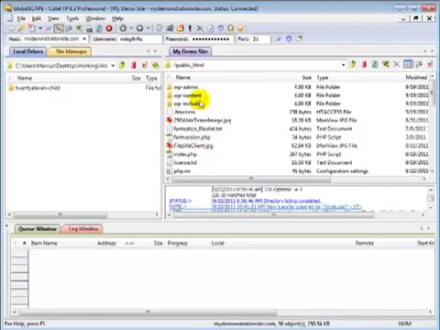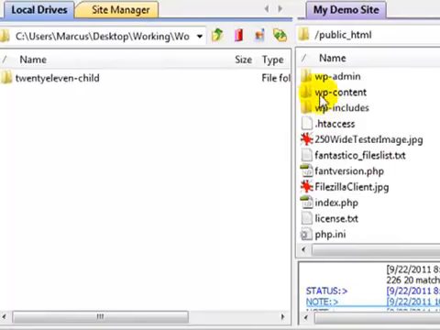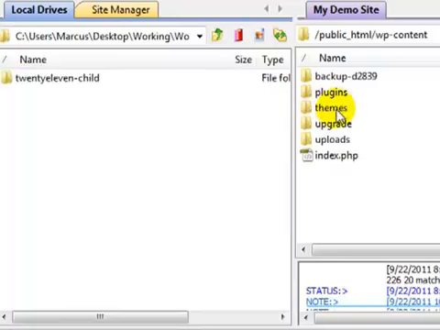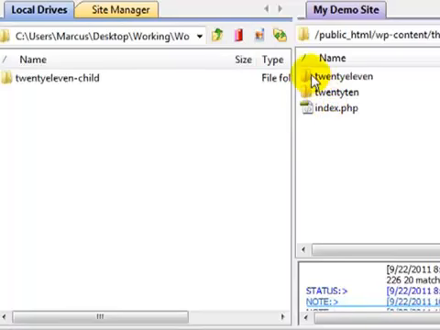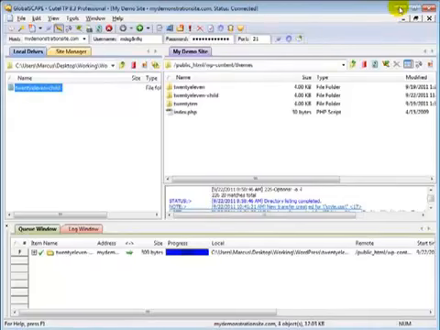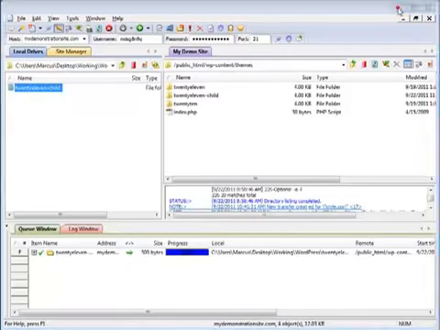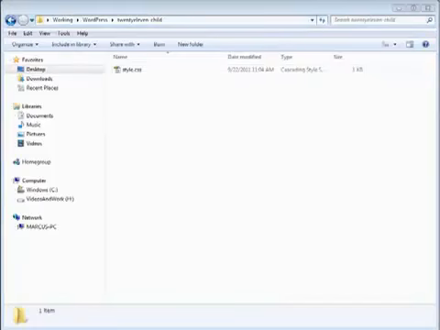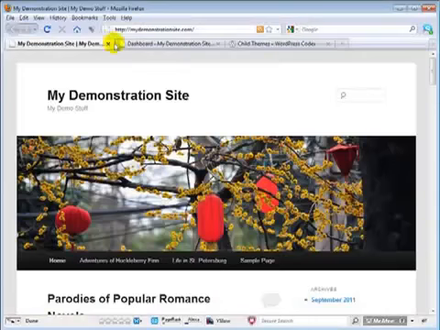And right now this is the root directory of our WordPress site. You want to go to the themes folder. That's inside of the wp-content folder. Just open that up. Now we want to open up our themes folder, and here's the parent theme right here, and this is where the child theme needs to go. So we're going to right click and then left click on upload, and we're done there. There we go. And close that out, head on back to our browser here, log into our